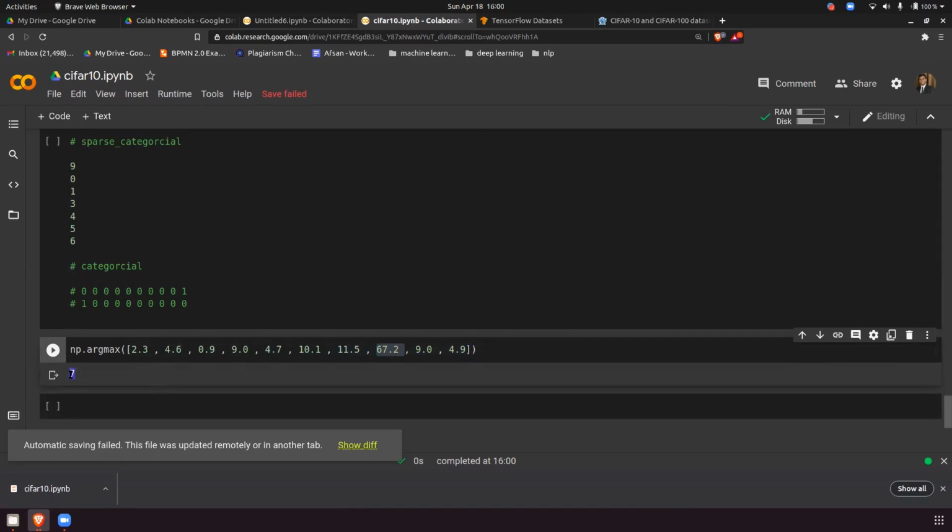Yes. Any more? I think there's some confusion again. What is the confusion? I'm just trying to understand what will be the size of the matrix that we will be getting.